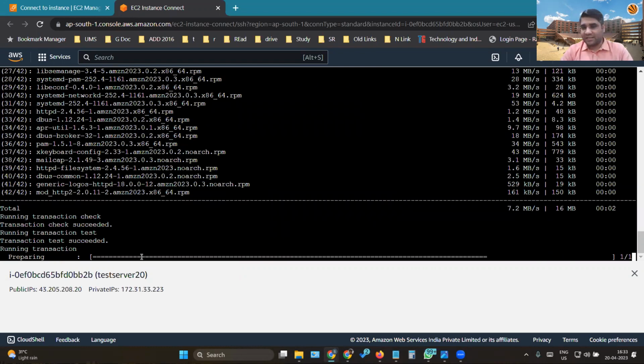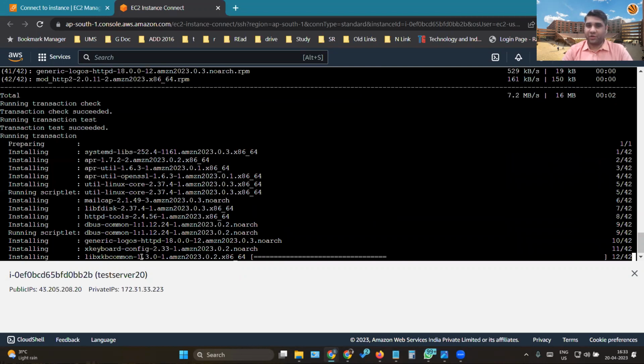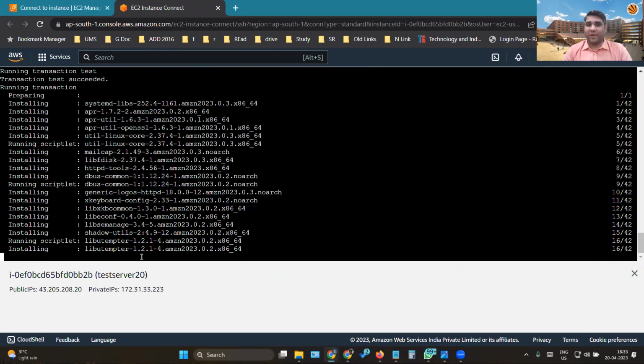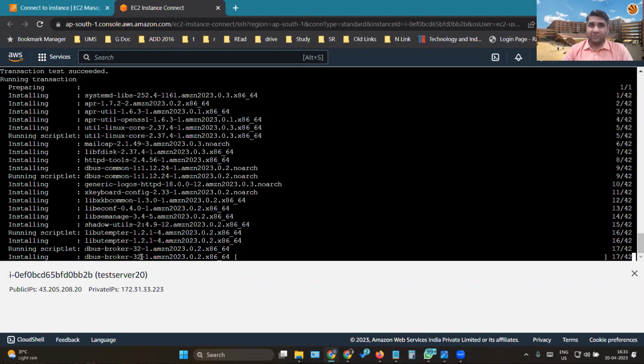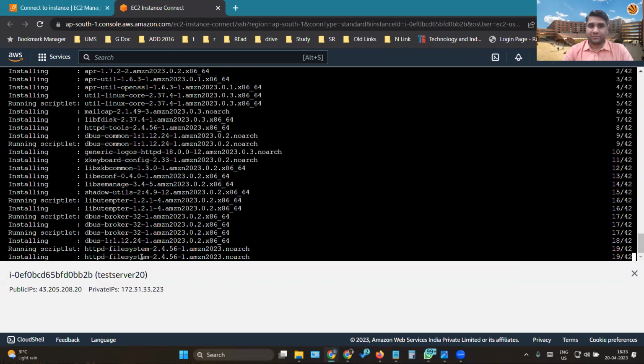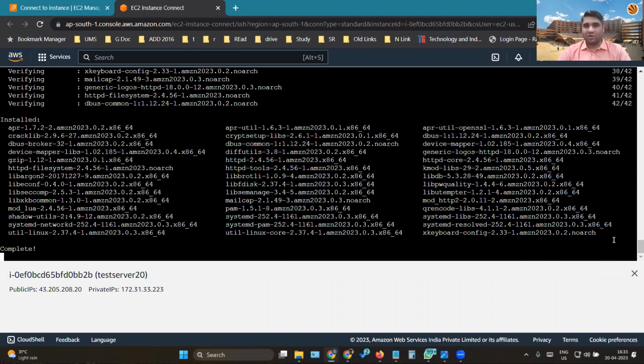So what I have done is I've installed the HTTP server, which is the directory server, which will be able to redirect the command for the IP address that we give. And then it will be able to execute our website easily. So let's just let it install the HTTP server. This is the number of packages which are going. So 42 packages need to be installed. So the bash is complete, and let's check now.